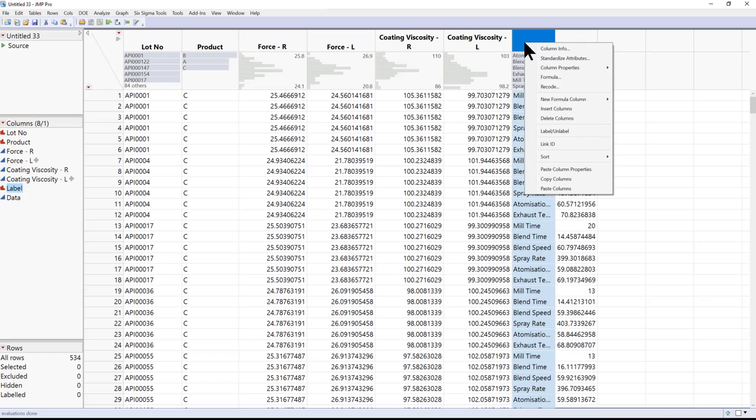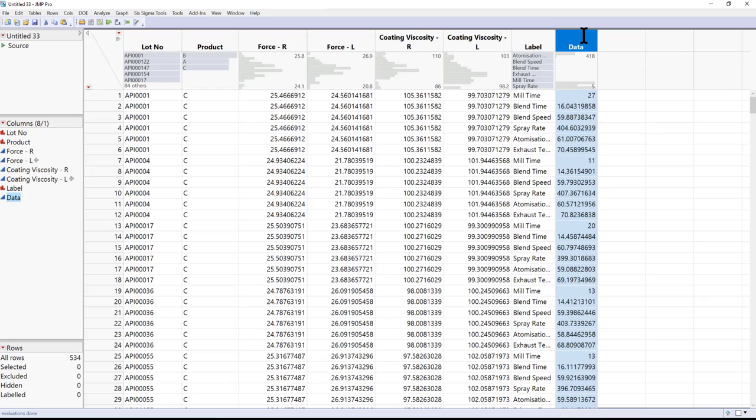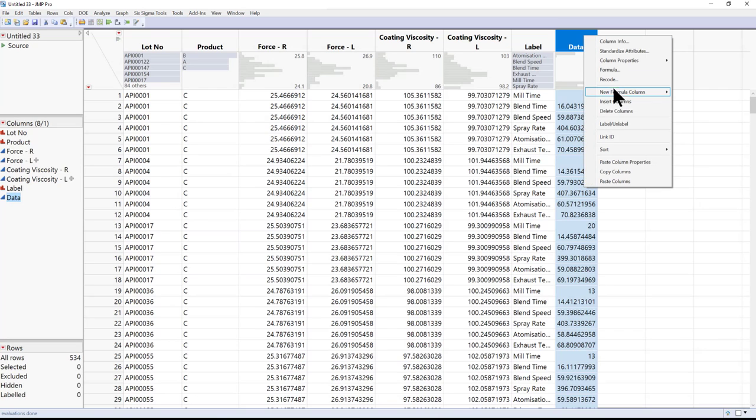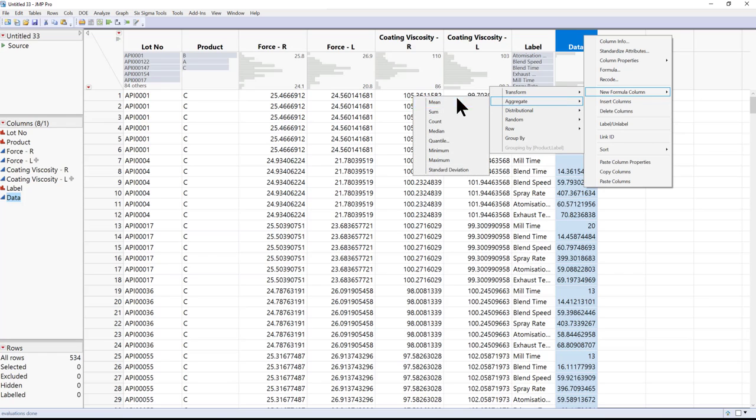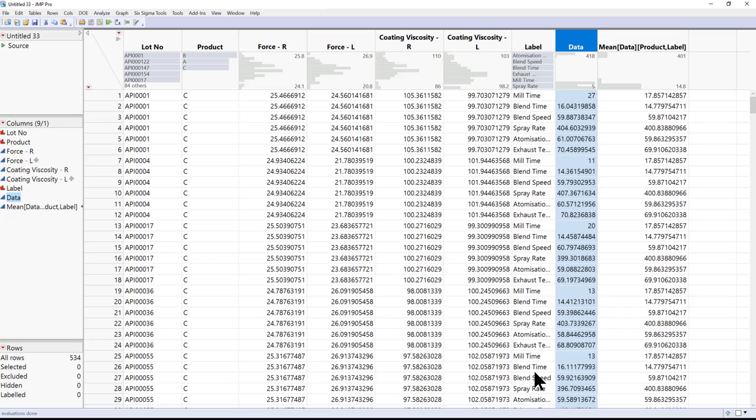And then label is a group by, so that when I take the average of this data, it will be by product and metric. So aggregate and then mean. And now I'm going to subtract the two. So I'll highlight these two columns,